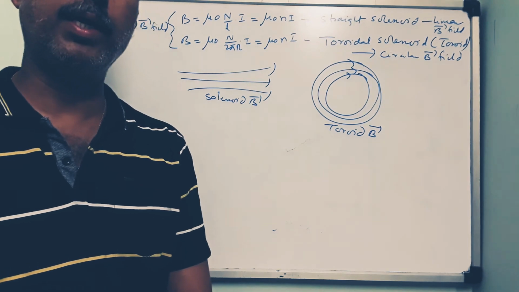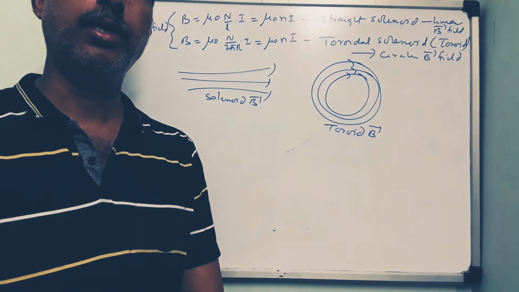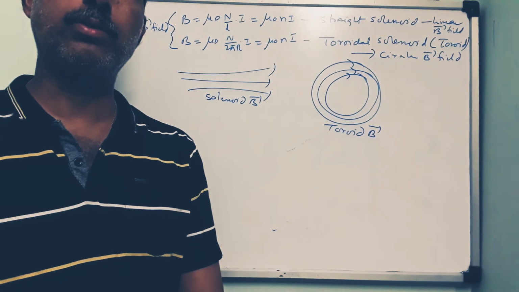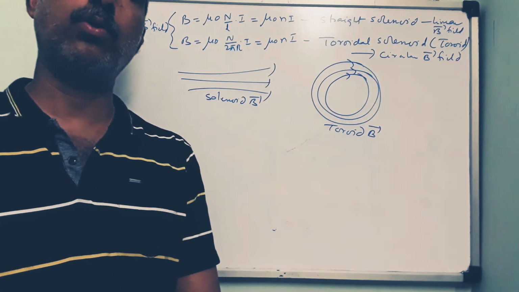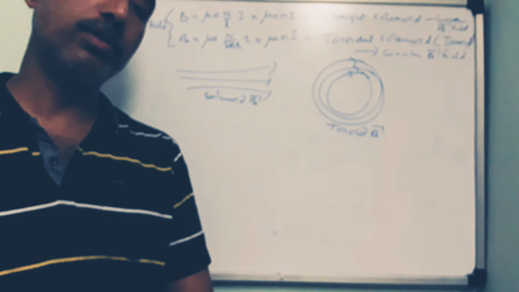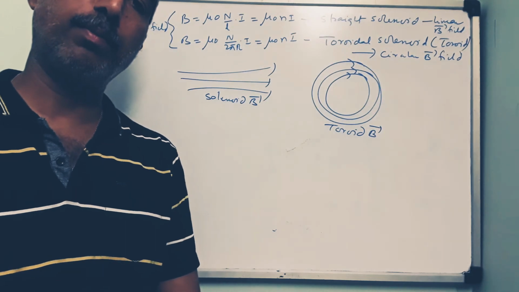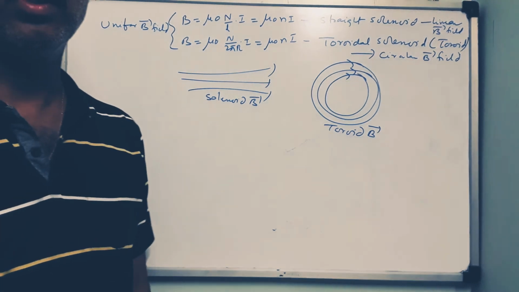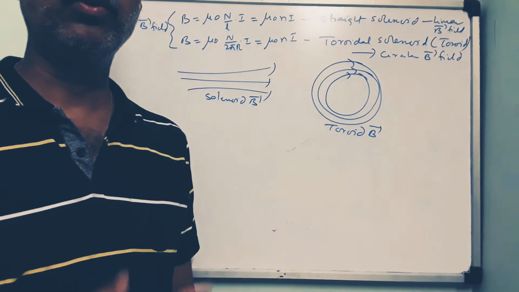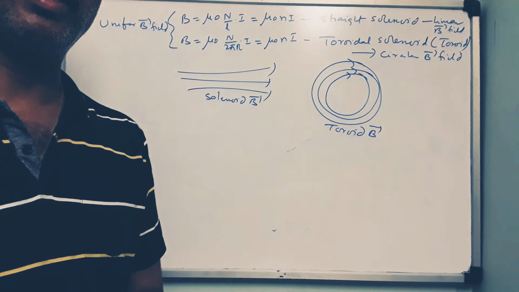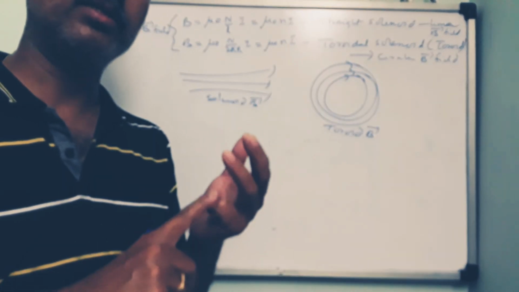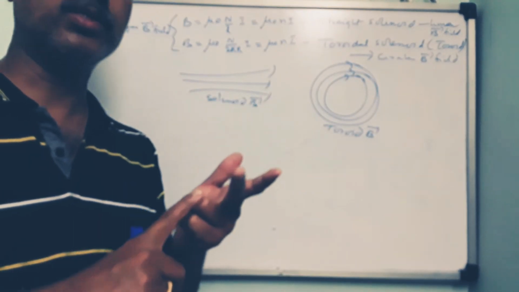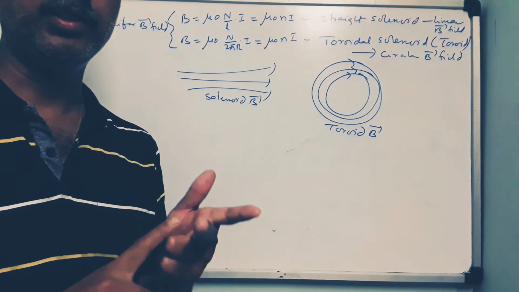And the field at any point on the axial line is mu naught I by 2 into r square by (x square plus r square) whole to the power of 3 by 2. Of course, if it has n number of turns, it also can be multiplied by n. So there are two calculations made for a coil using Biot-Savart's law. Using Ampere's circuital law, we made calculations for the magnetic field outside the straight conductor and inside the straight conductor. Okay, this is one part.